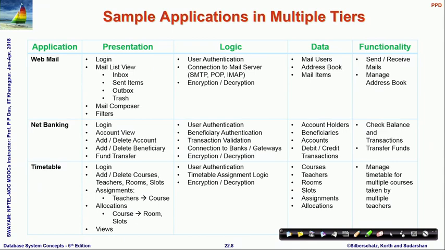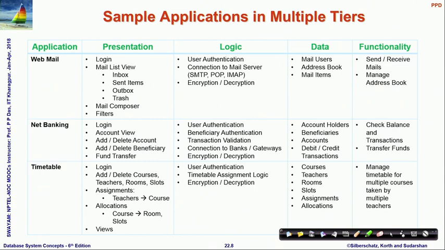So, all this happens. For example, if you talk about filters, they might often happen in the JavaScript itself that runs within the browser. The business logic will do user authentication, connection to the mail server, because the mails have to come from a different server. They may not be sitting right in the database itself, and then the usual encryption, decryption,